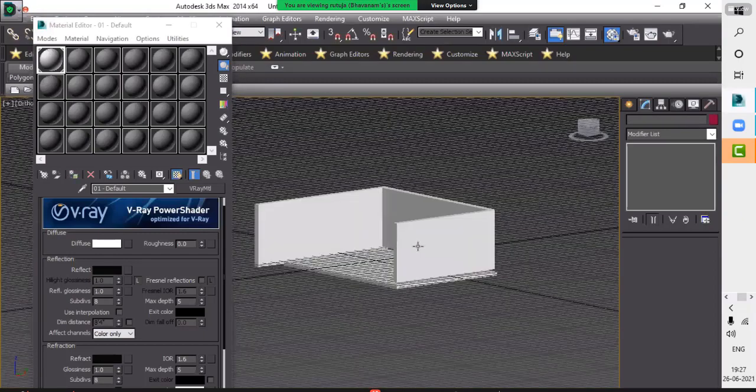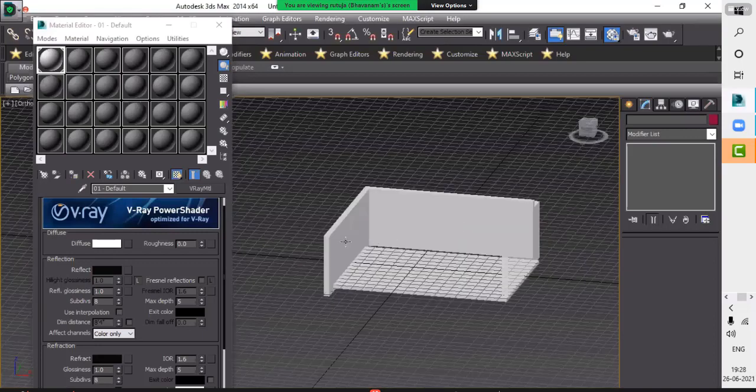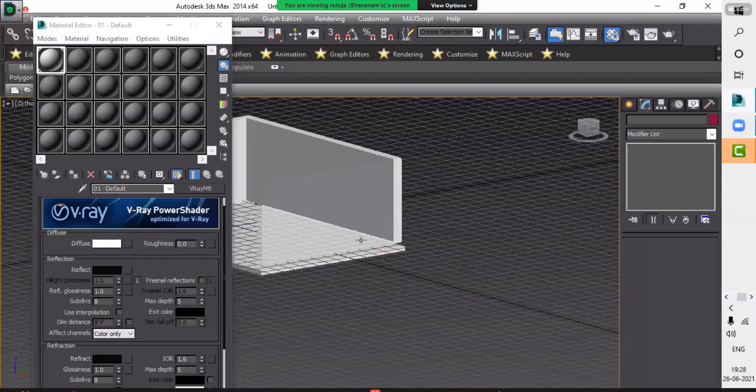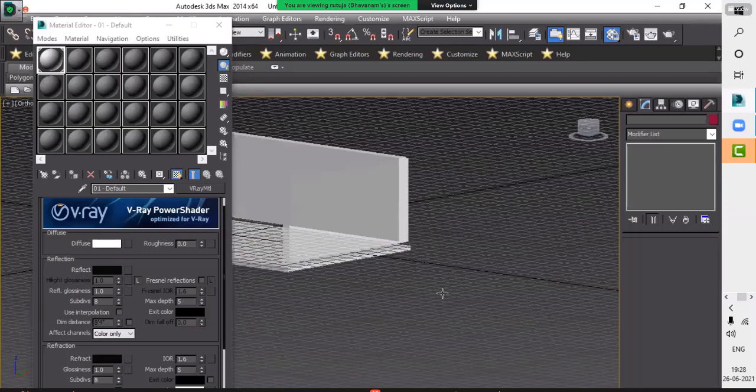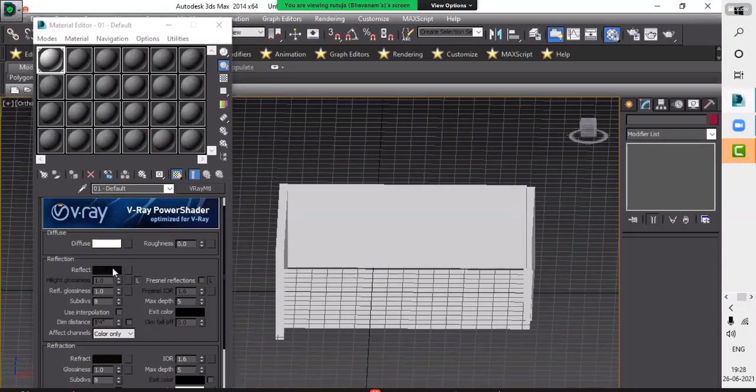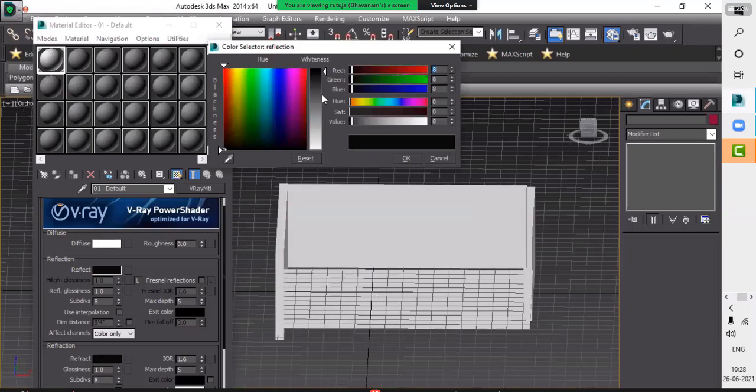If you see, it is transparent, the wall will be transparent here. But when we increase reflection and refraction, you will get shine in your rendering. That's why we take minimum reflection and refraction.